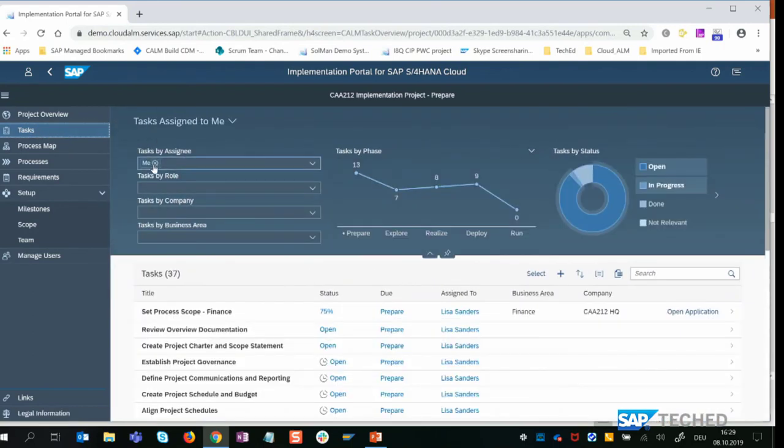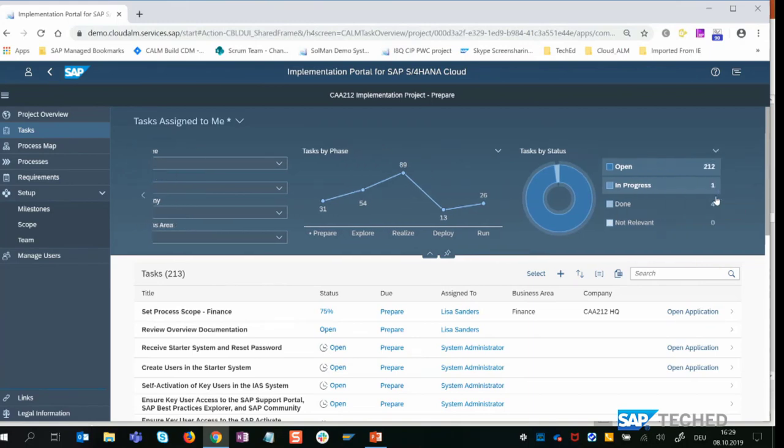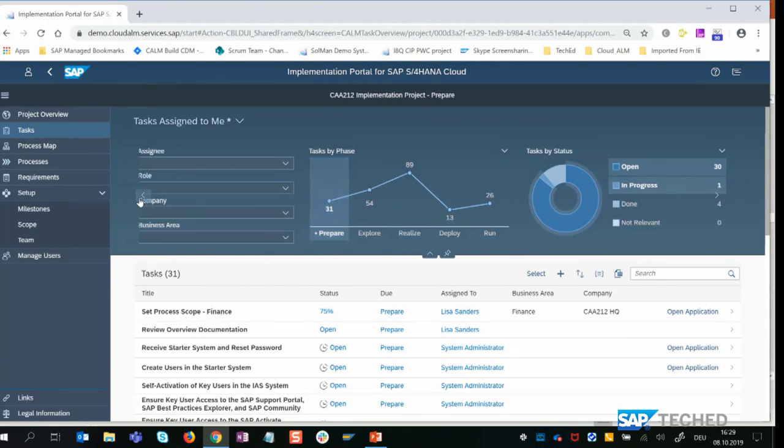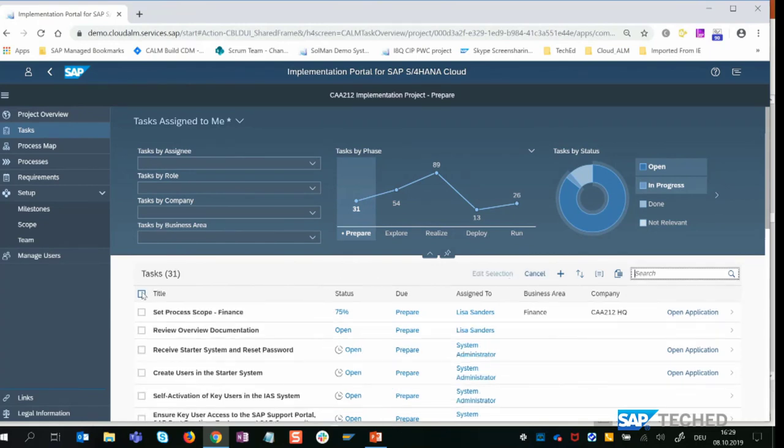We can take a look here in the task list. We get here a full list of all the tasks that need to be done in an implementation project. You can filter by phase, by status. And we can, for example, now decide that all the tasks in the prepare phase, we are done.